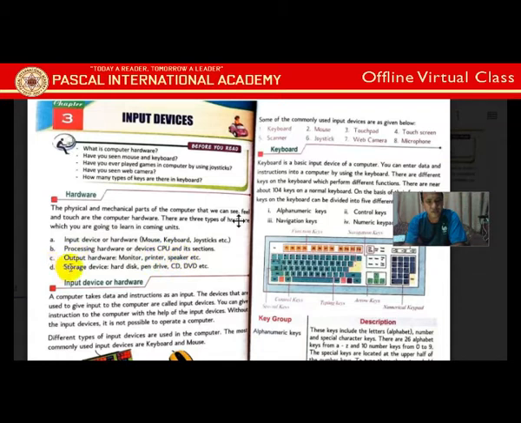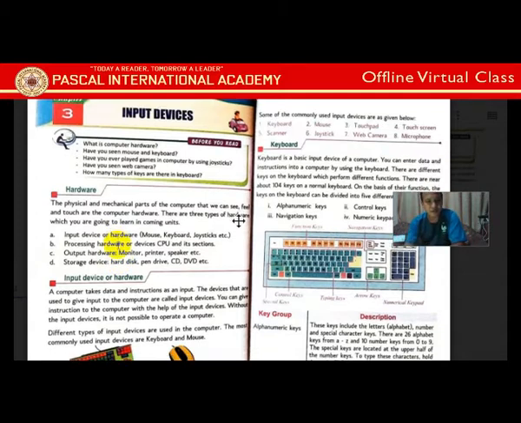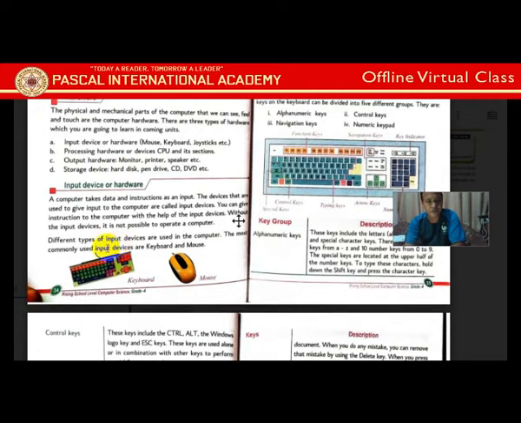And there is storage also, but that is not in the category. It lies in between the input, processing and output. That is not the fourth type of the hardware. While we are giving input instructions and while it processes, immediately it saves somewhere. That's why it is not a different category, it's within these three: input, processing and output.